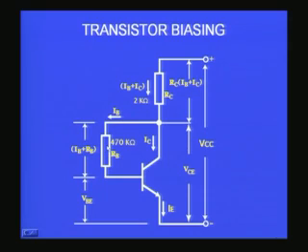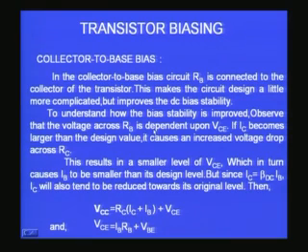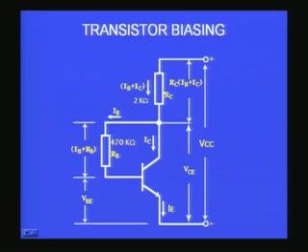Collector is used to bias the base, and now you can see it has certain advantages over the previous circuit. Again, to understand the circuit, all that you need is simple ideas of Ohm's law. Now what is going to happen, you find you have the current flowing through the RC. The current flowing through the RC previously was only IC. Now this is actually dividing here. IC is the current actually flowing through the collector, and there is also another current, which is called IB. So what flows through the RC will now be IB plus IC,